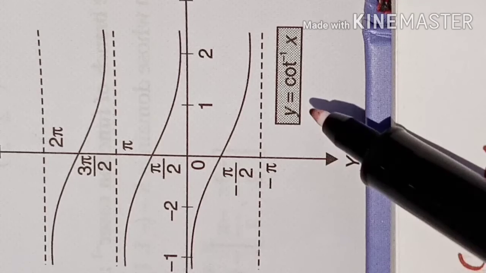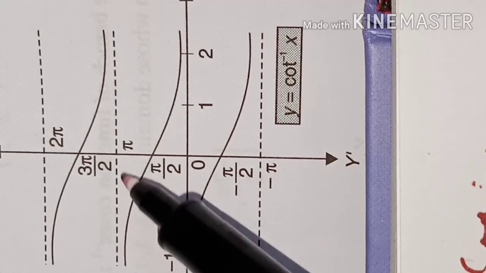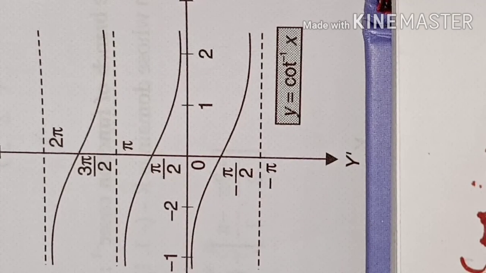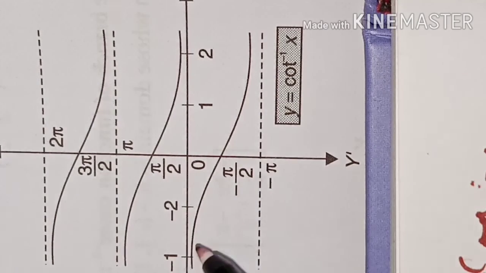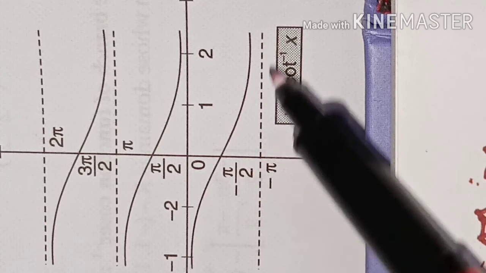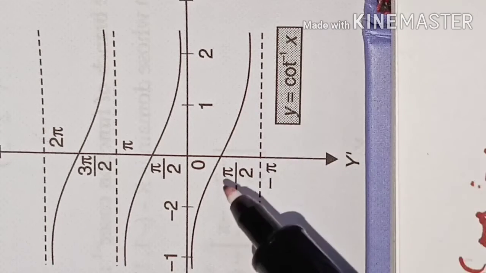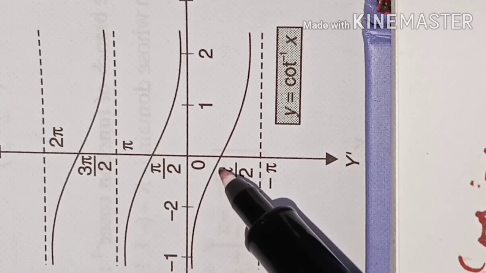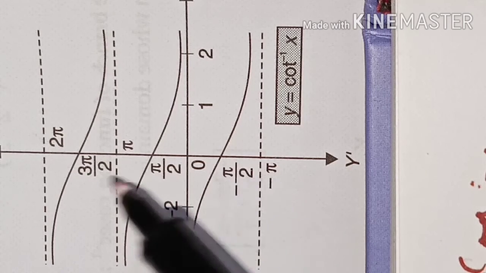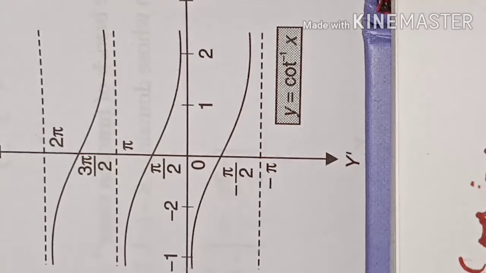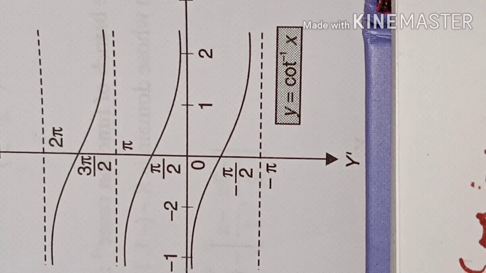So the cot inverse function is this one. Here you can see the vertical asymptote of the cot function has become the horizontal asymptote. The cot inverse function's graph is going closer and closer to the x-axis but never reaching it, and at minus pi also it is not reaching the horizontal asymptote. At pi by 2 it is intersecting the y-axis. Just look at the cot inverse function's graph. So these are the inverse functions' graphs.